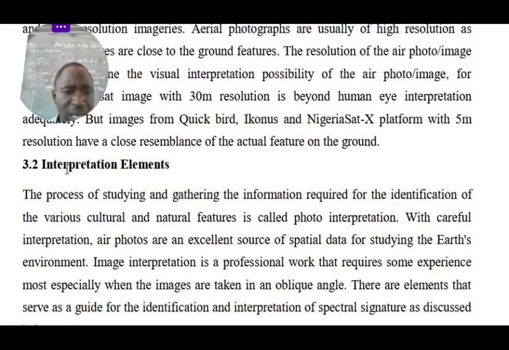When you look at image interpretation, they are saying that it is professional work that requires someone's experience, especially when the images are taken at an oblique angle. So if you just take a photo without experience, you can easily fail to describe or to give symbols concerning that mapping. It needs someone who has all the information concerning the elements of symbols. They are saying that these are elements that serve as a guide for the identity